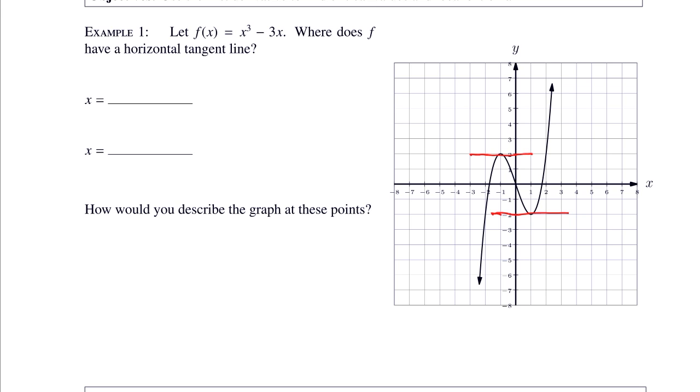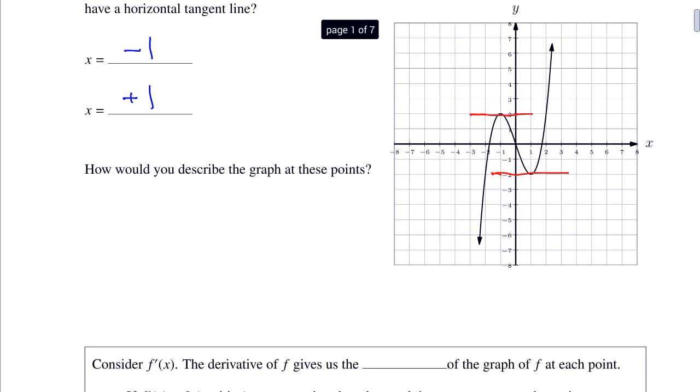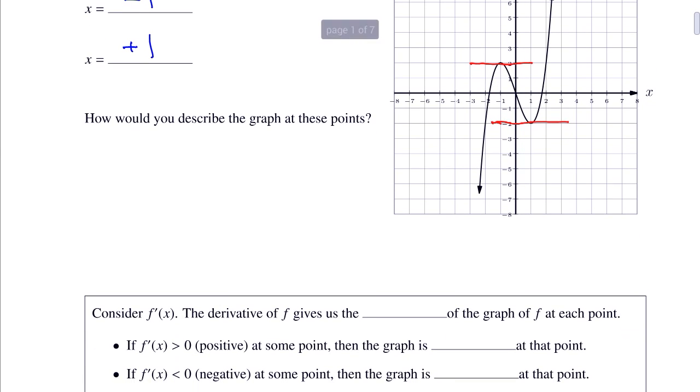It's these locations of the horizontal tangent line that's going to tell us lots of information about how to break up the function and where to look for things in the function. So for what x values? X equals -1 and x equals +1. And then the question is, how would you describe the graph at these points? We're going to use words like local min